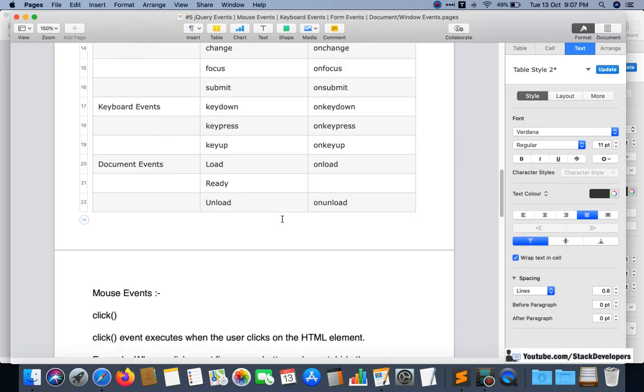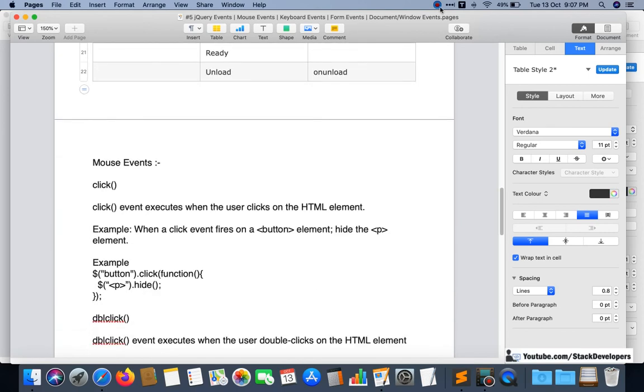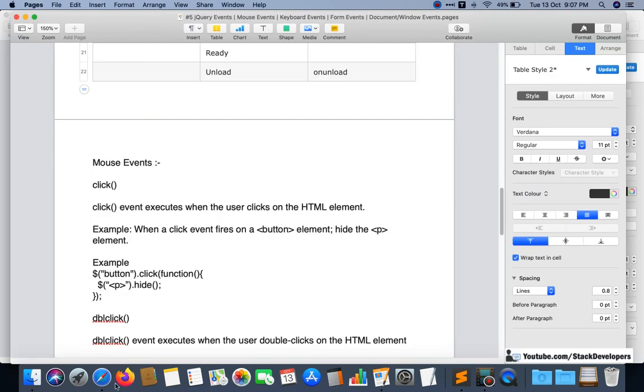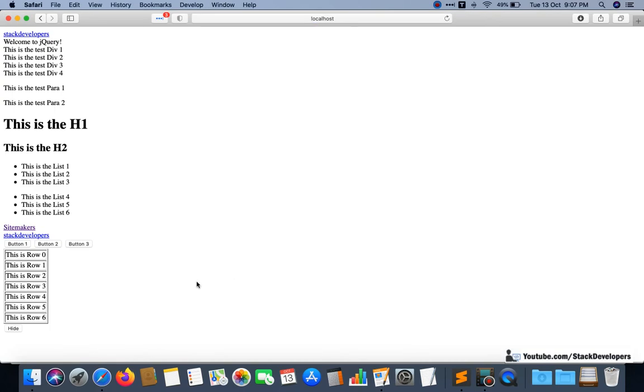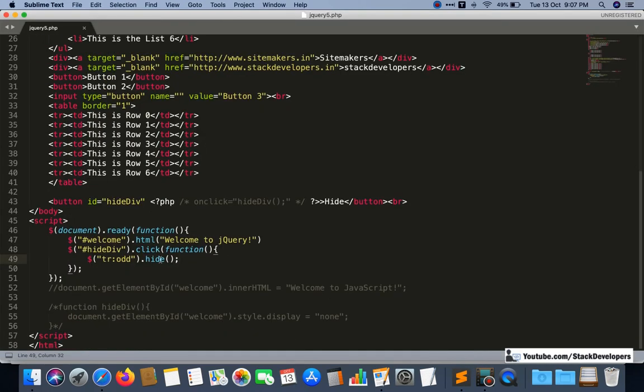So we are going to learn these events deeply, but right now we are going to do some of the mouse events, okay. So see, mouse events, first mouse events, you already know that click is an event, like we are using everywhere. We have used this one in all the videos. Like this is a kind of event. Hide is a kind of event. It hides some of the rows, like we have done in the last video, okay.